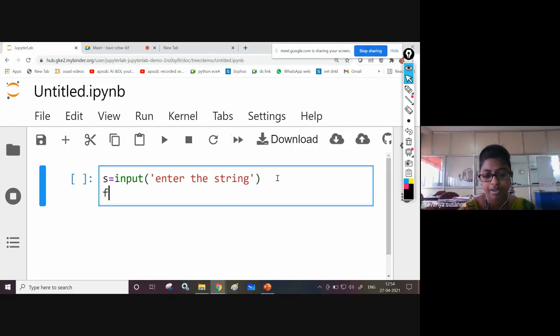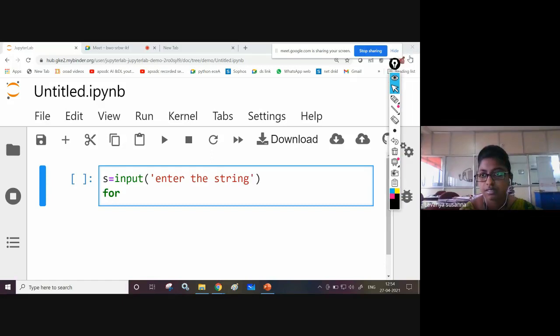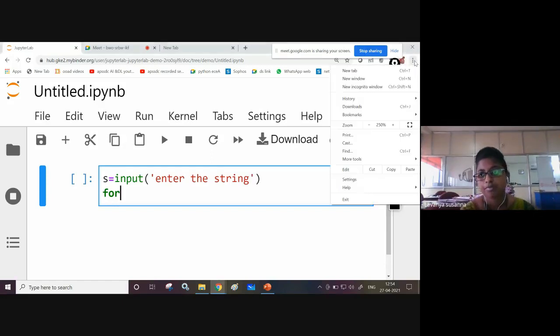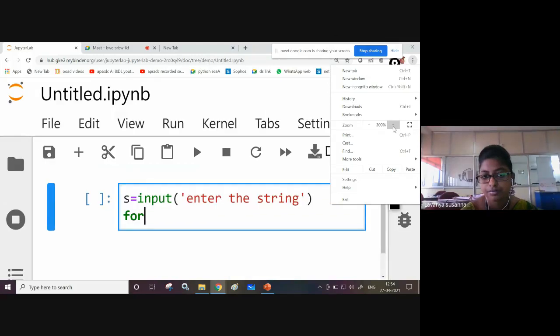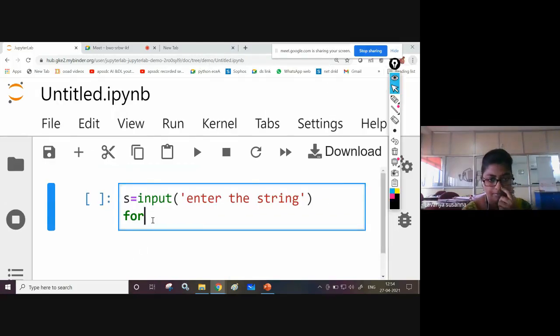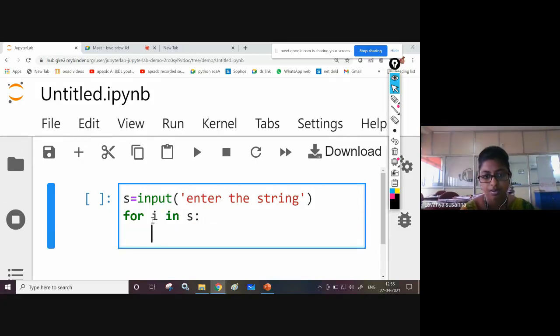Next, for i in s, I'm giving some sequence, s, colon, right? Colon, print i. Just print i.